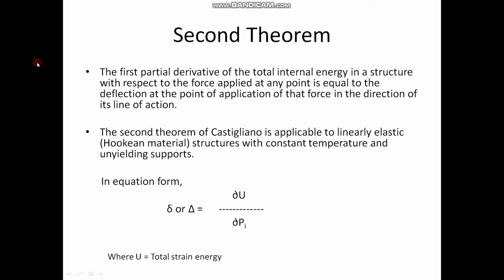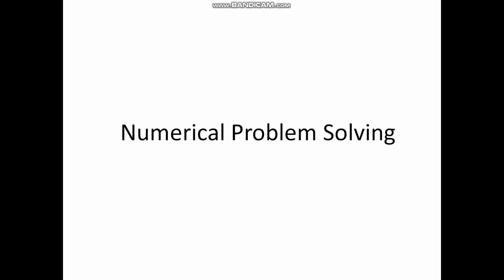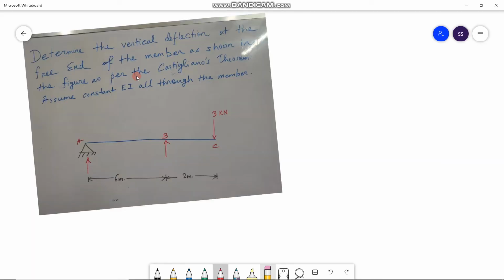So in this lecture we have studied Castigliano's theorems, but in order to better understand this, we need to do some numerical problem solving. So let us do a numerical problem. Here in this problem we have to determine the vertical deflection at the free end of the member. That means we have to calculate the deflection at point C